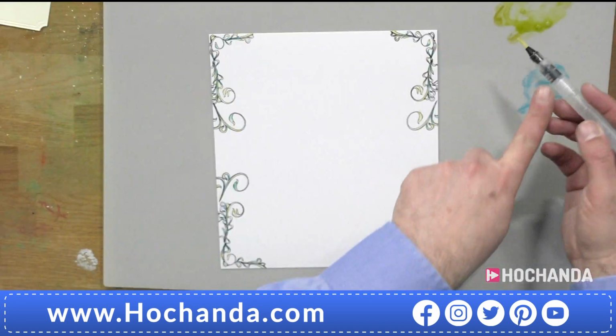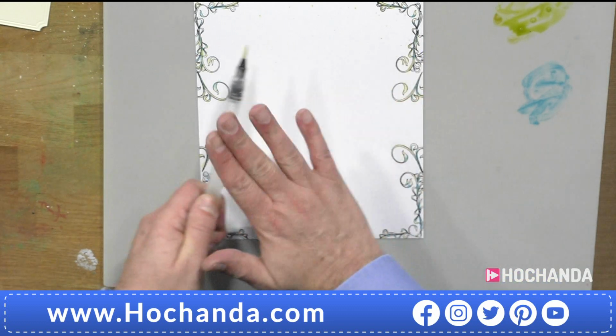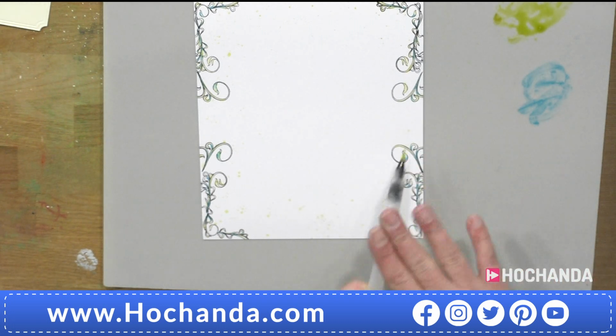So I'm using the water brush, and I'm just going to do the chartreuse first because it's the lightest colour. And look how easy that is. And I love this because it's so...